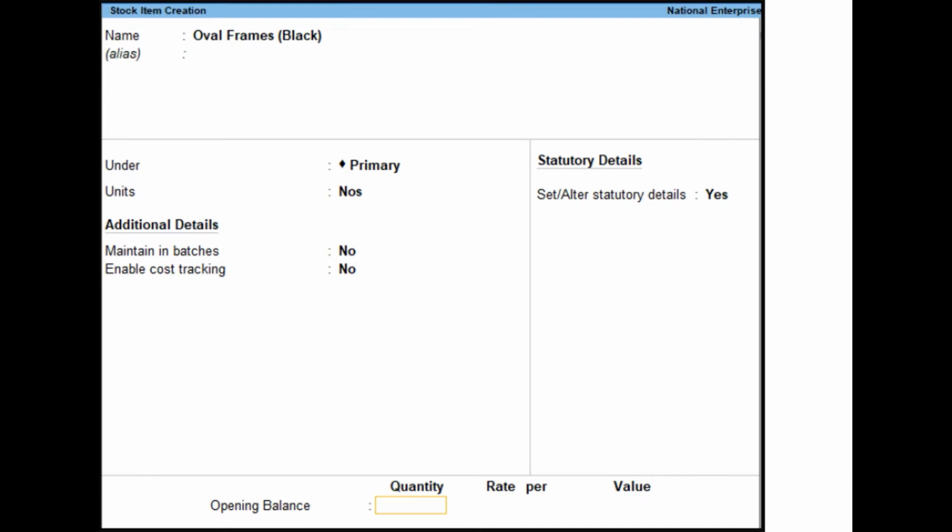Select the unit of measure in the unit option. Set the option Is excise applicable to applicable. Enable the option Set or Alter excise details to yes. Provide the required details in excise tariff details. In the excise tariff details screen,